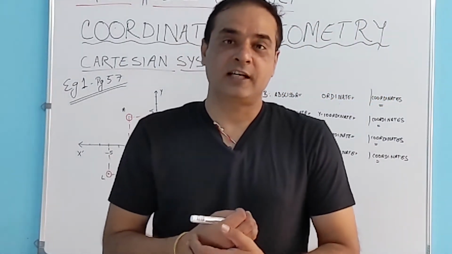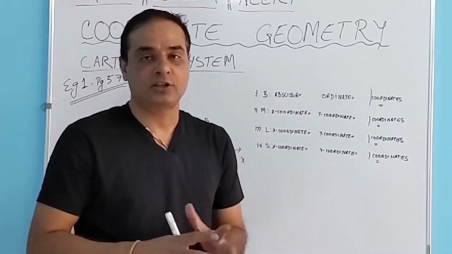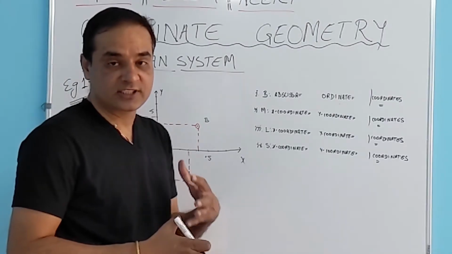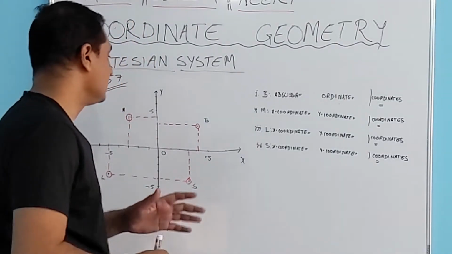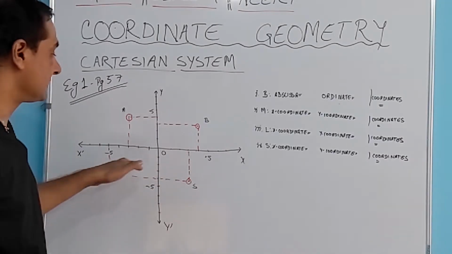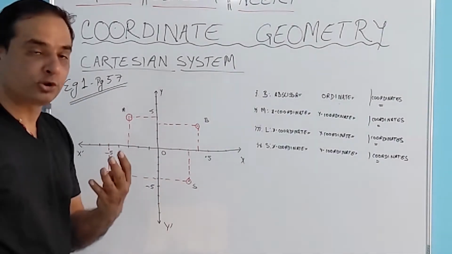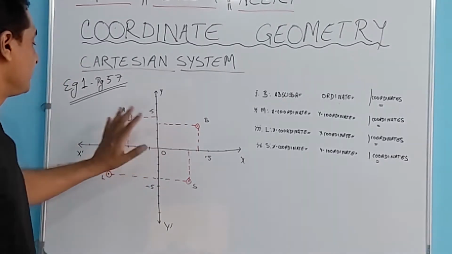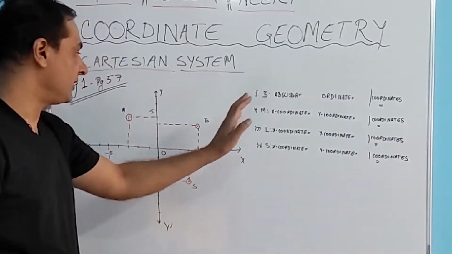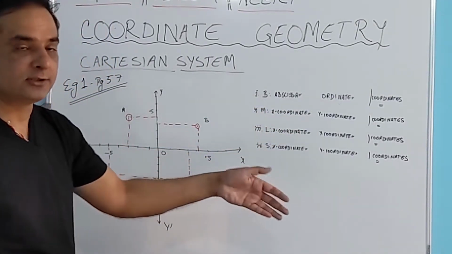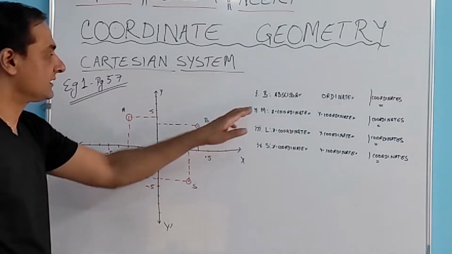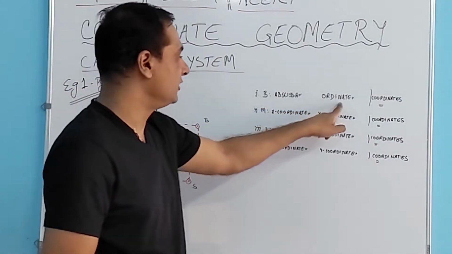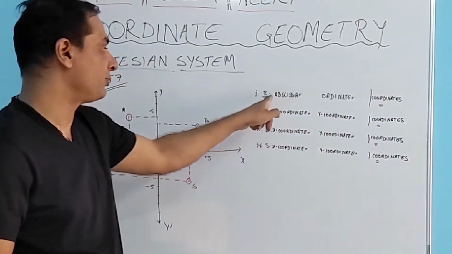So to understand the Cartesian system and location of a point on it, let's look at the examples. One solved example, which is given on page number 57. Let's look at that. So basically we are given this Cartesian system where we are given 4 points, point B, M, L and S. Based on this, we have 4 questions. We need to identify those answers or values. The first question says for point B, what is the value of abscissa, what is the value of ordinate, and what will be the coordinates for point B.